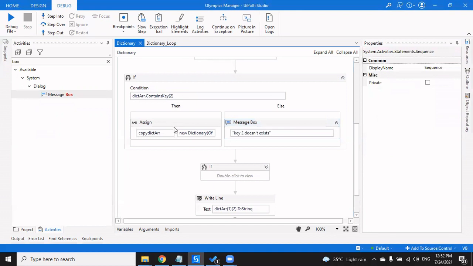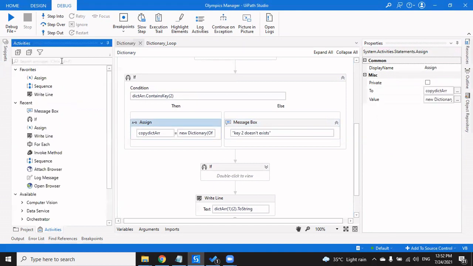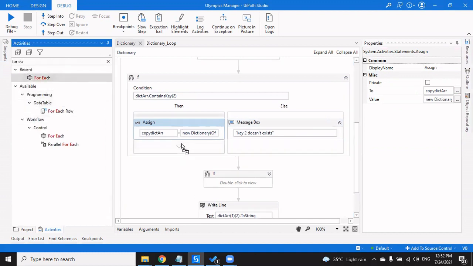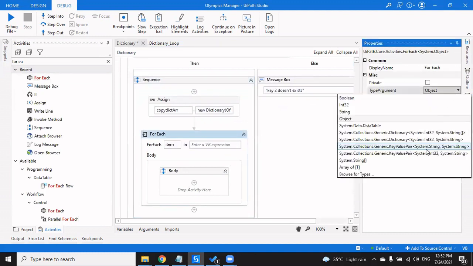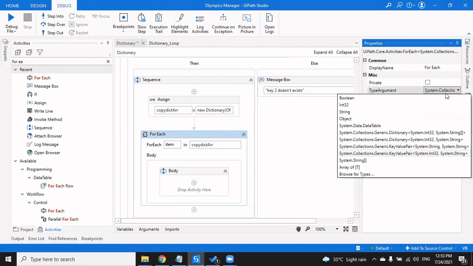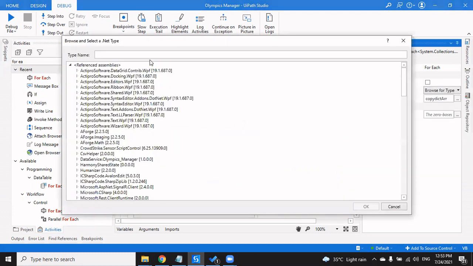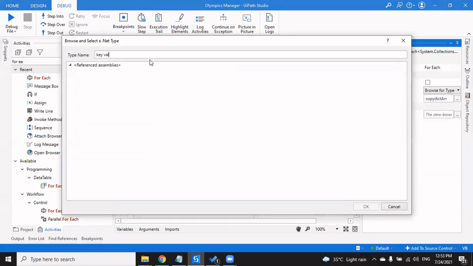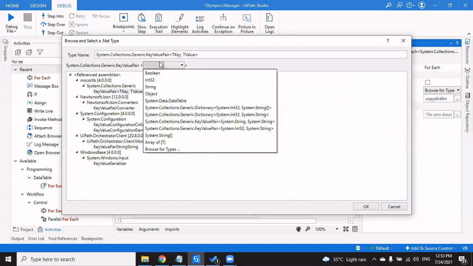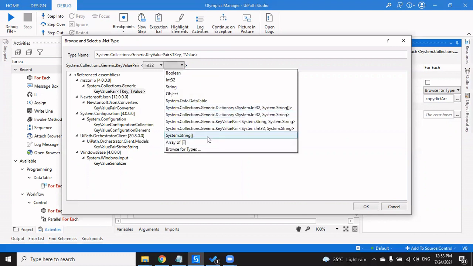Now, just to check whether our dictionary has actually been copied or not, let's iterate over it. So we're going to drag a for each over here inside this, and it has to be the key value pair sort of thing. Okay. And we say, okay, copy dict array, but this time it doesn't have to be integer comma string, rather it has to be integer comma array of strings.